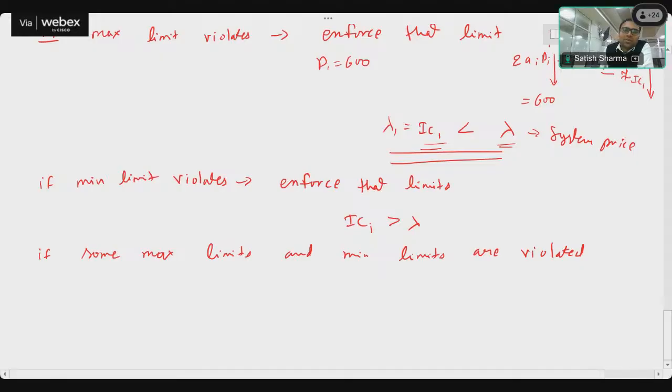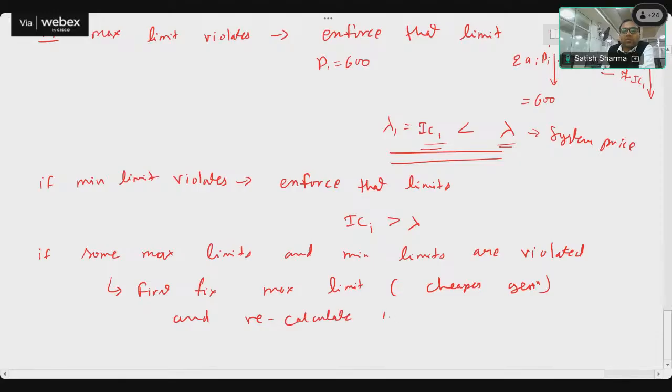Whenever this kind of situation happens, we will first fix the maximum limit, which is the cheaper generation, and recalculate the economic load dispatch. We will again calculate the economic load dispatch, because once we fix a maximum limit,